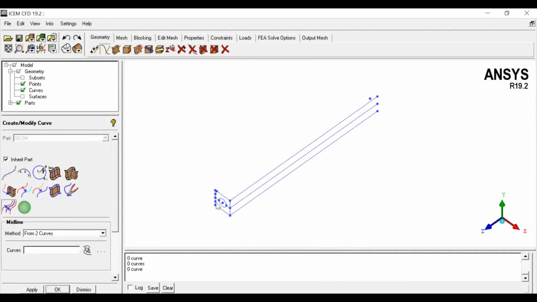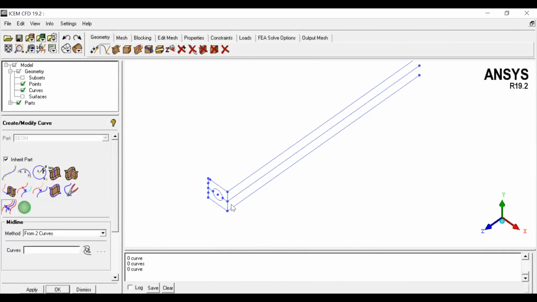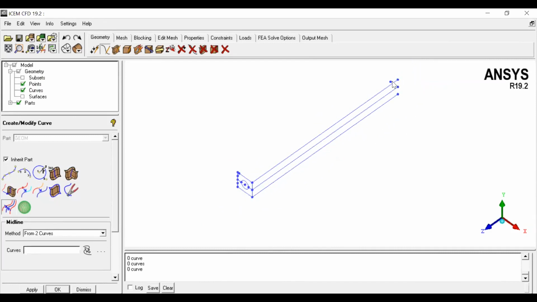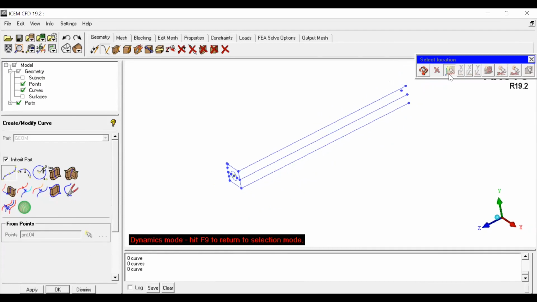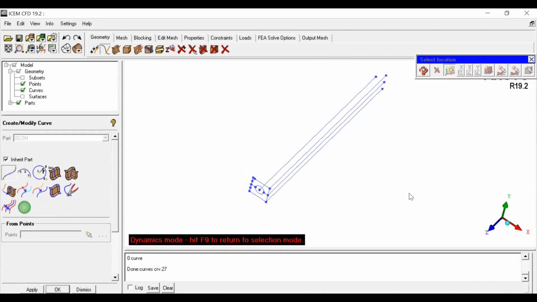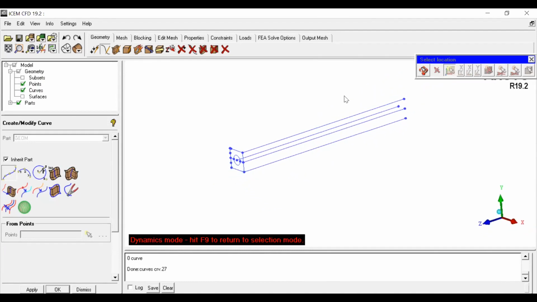I'm just creating a center axis because I already have center points on the front surface and the center point on the other hand. So let me create one line, this point and this point. So I have created a center line, right?